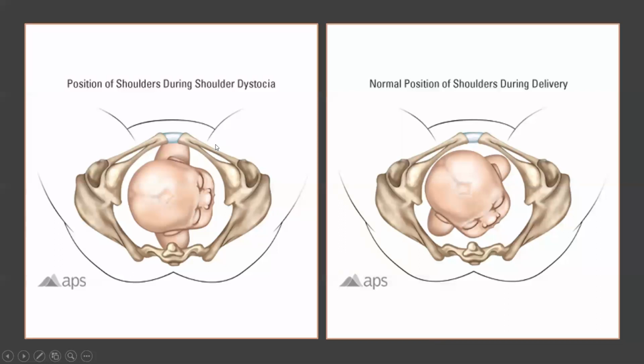So this is the normal position of the shoulders. This is how we would like them to come down through that pelvis. And what happens during a shoulder dystocia is you can see these shoulders get hung up on the edge of this pelvis here, and they aren't able to fit. The head has already come out. It's already all the way out of the vagina, but the shoulders are still stuck behind the mother's